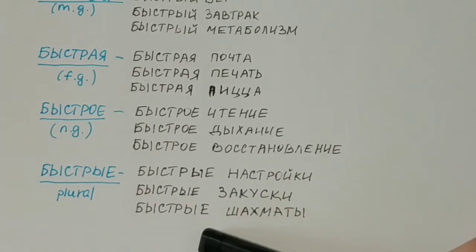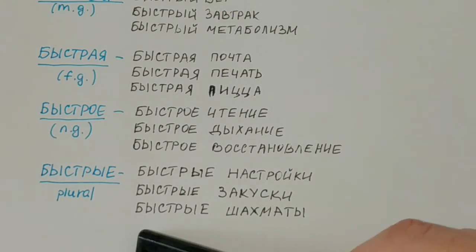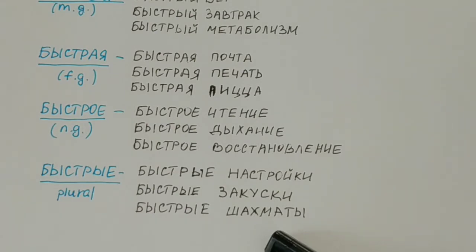And also here it is быстрые шахматы. Шахматы means chess. It is a noun that in Russian only has its plural form, so шахматы meaning chess, always plural in Russian, and here it is translated in English like rapid chess, and it is like a version of chess. So while in English it means rapid, in Russian it is translated using the adjective быстрый in its plural form, быстрые, since the word шахматы is always plural.